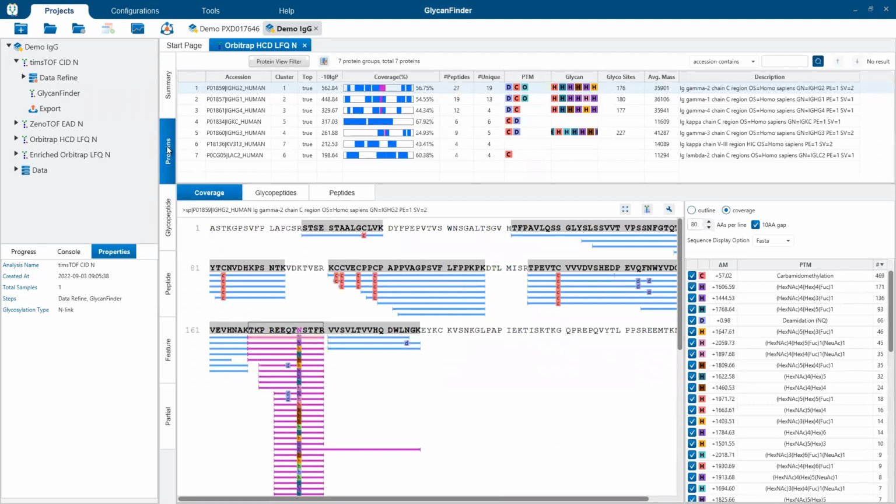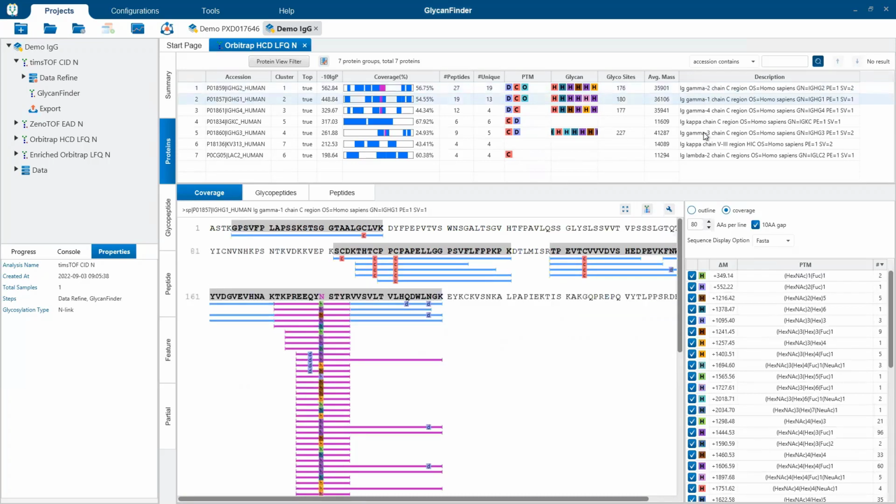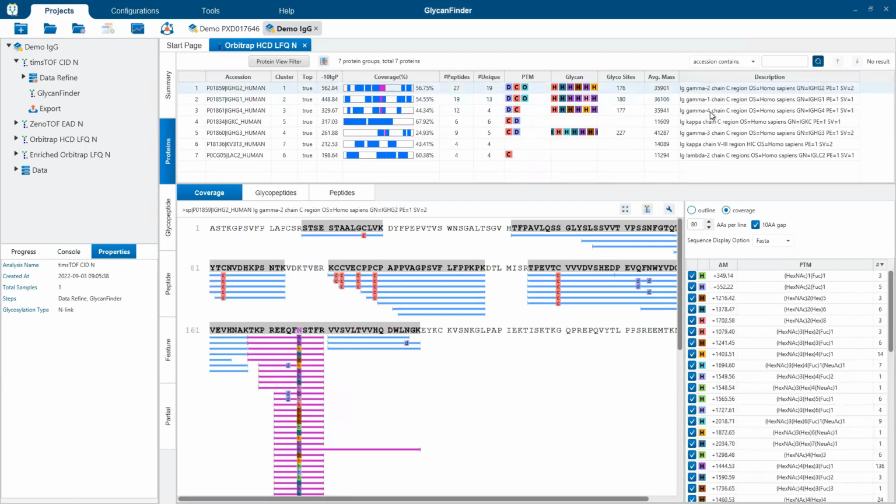Then you come here to the protein tab, and you can see a list of the different glycoproteins that we've identified here. So you can see that we were able to successfully separate our IgG1, 2, 3, and 4 here.